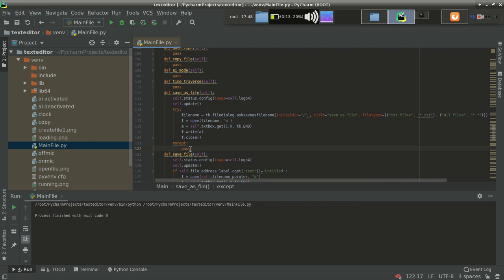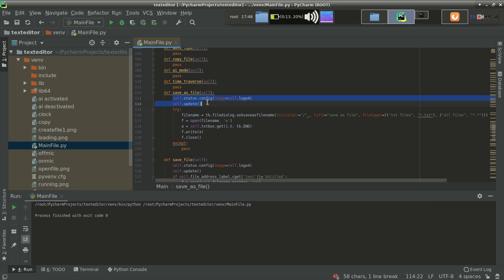For the save as file button, the name should be unique, and a new name should be assigned. So we have done the functionality, assigned the functionality to the save as file button. It's time to add functionality to turn off the indicator because we have turned it on earlier.